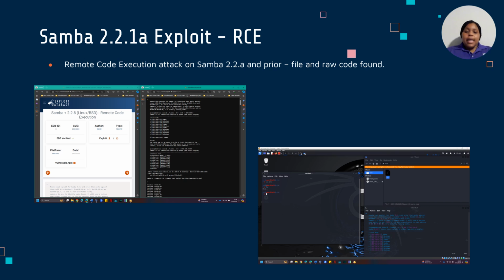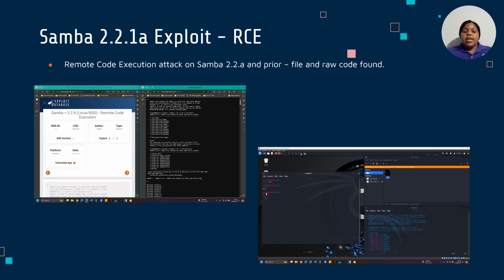From the last lab, we knew that this port was running an outdated version of Samba. So whenever I just placed in Samba 2.2.1a, I was able to see lots of results pop up immediately with exploits for this particular service, or an attack for this